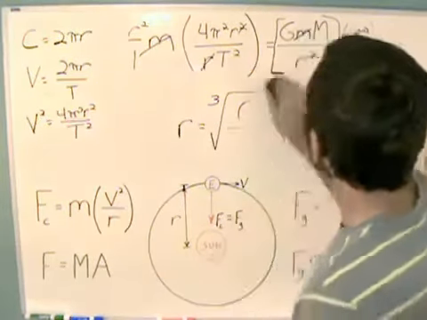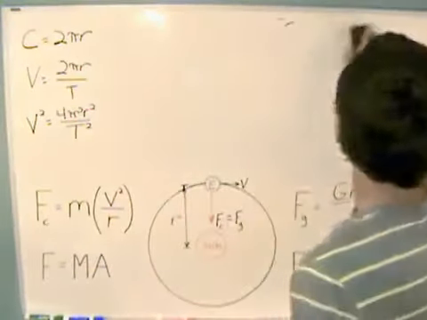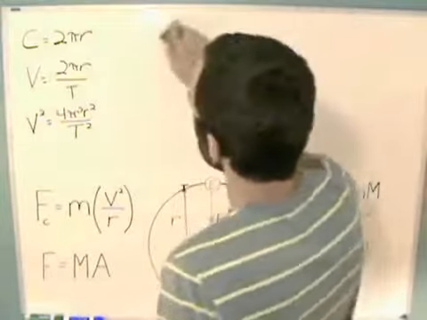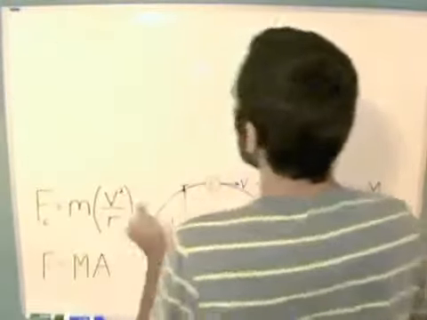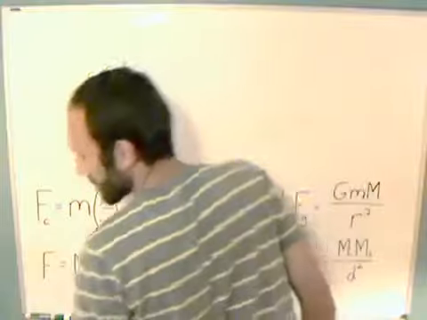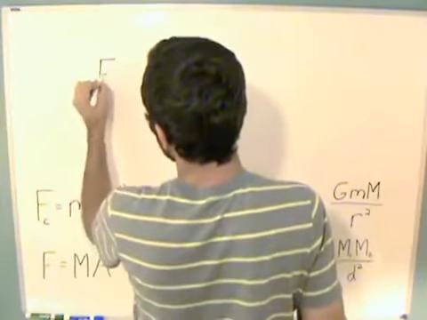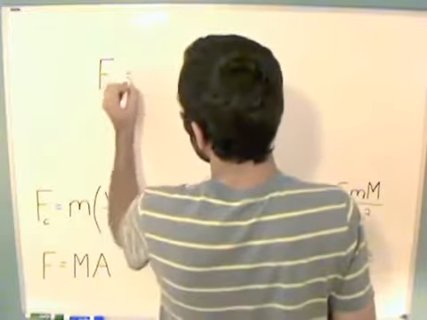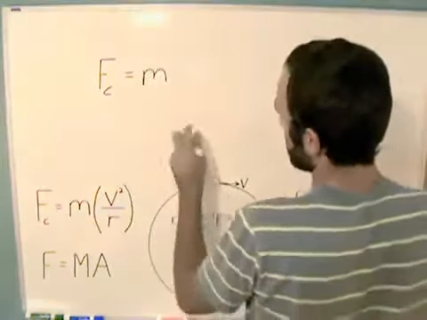Let's back up a little bit. Maybe I'm getting a little ahead of myself here. Go back to this original relationship. We don't need to do this anymore. We'll go back to just keeping it simple. You say the centripetal force Fc is equal to the mass of the object orbiting the Sun, which we still have as the Earth here,